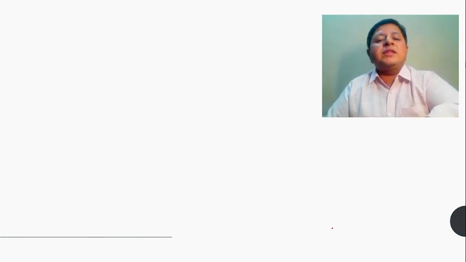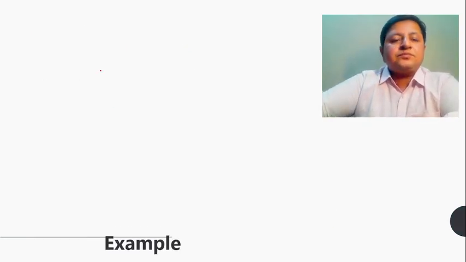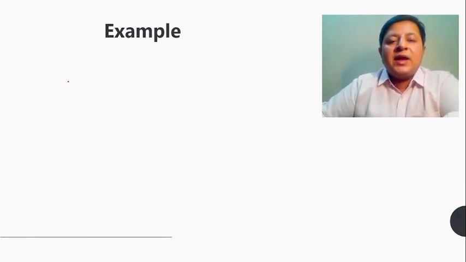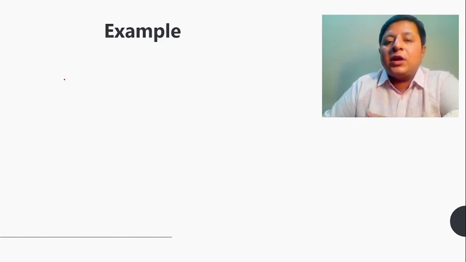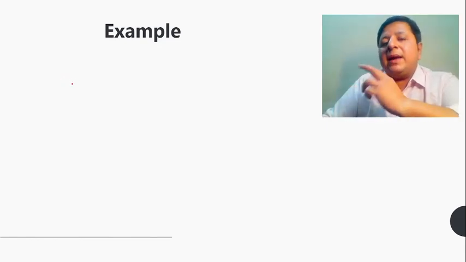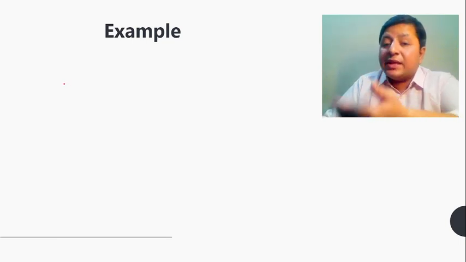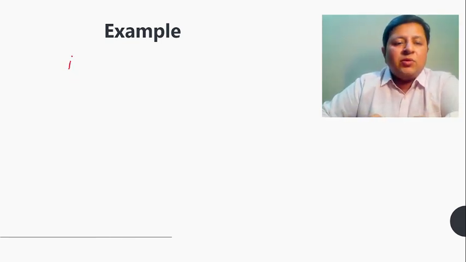Maybe we can take some more examples. Currently I'm not dealing with float for a very simple reason. In the coming videos we will be looking at the concept of precision. There you'll be able to first understand how exactly your float numbers are being displayed, and at that time maybe I'll take examples by combining fill width as well as precision. But currently I just want to restrict myself purely to the fill width.